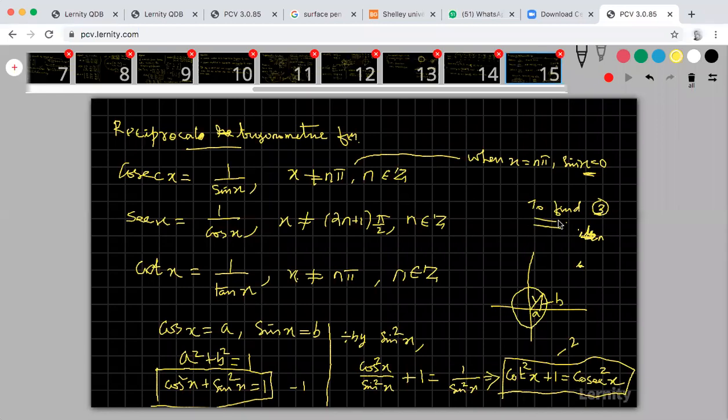How to find out, sir? You divide this term. Here I am dividing by sin square. You divide by cos square. What happens? If you divide by cos square, here it is 1. Here it is sin square by cos square. What is sin square by cos square? Write it. Here you will get 1 by cos square. What is 1 by cos square? Write it and simplify. Okay. Try to complete that.